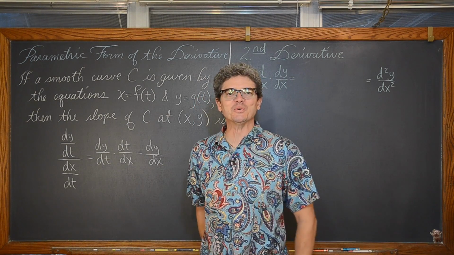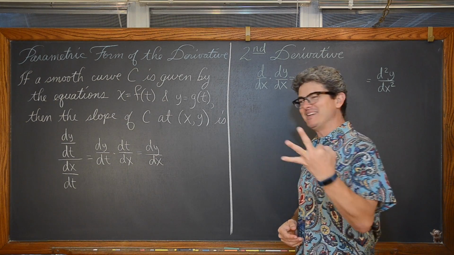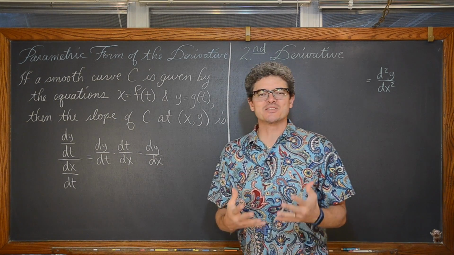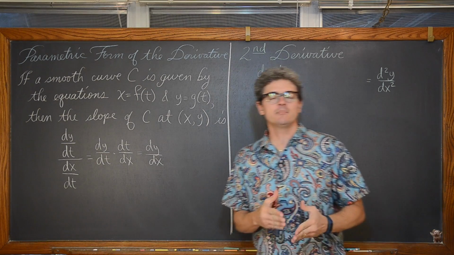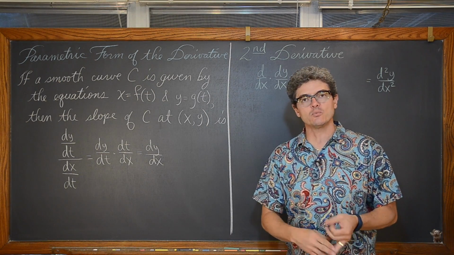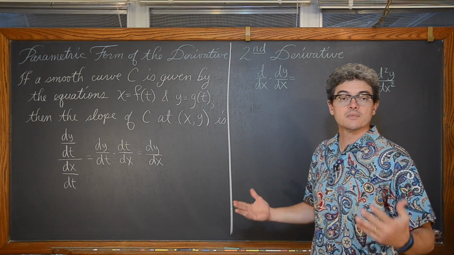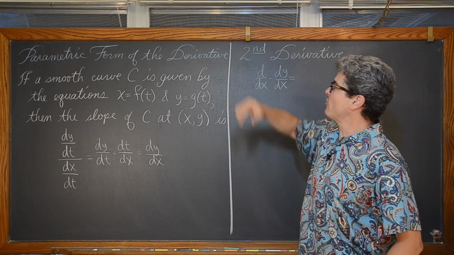Bam! Mr. Tarrou. In this calculus lesson, we are going to be doing three, not two, but three examples of determining the slope of a curve that's defined by parametric equations. We're going to be discussing whether these curves are increasing and decreasing, which of course is the first derivative, and where they are concave up or concave down, the second derivative. So, parametric form of the derivative.